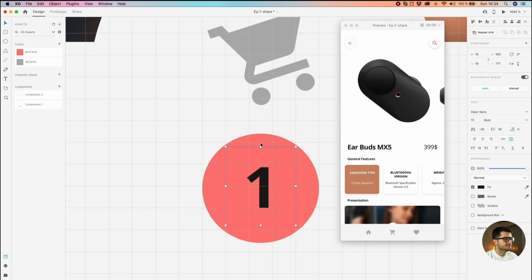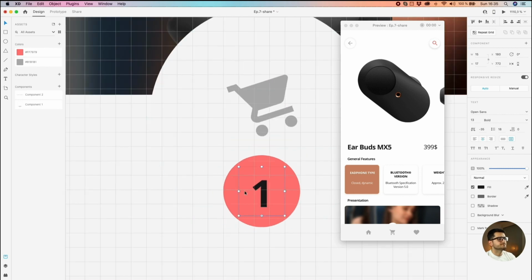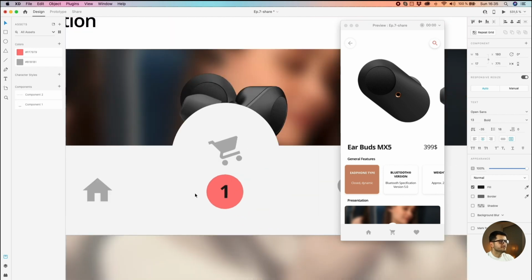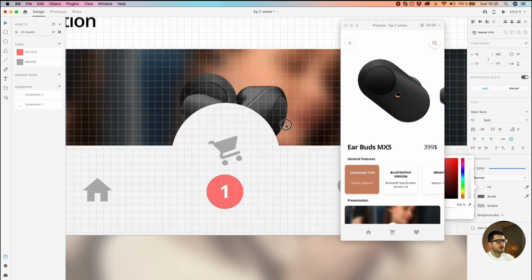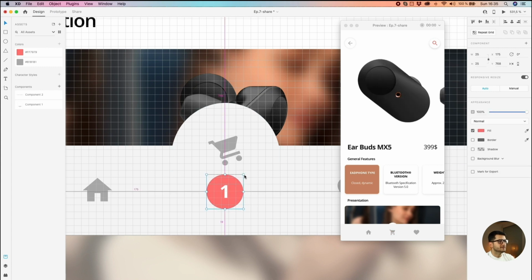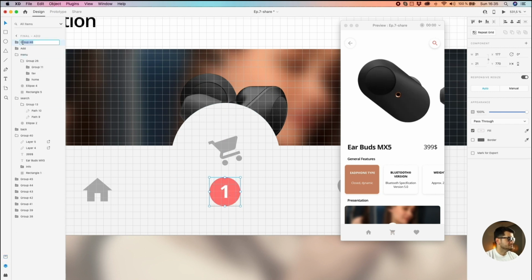To the center. No, it's not working like that. It's like so. Perfect. Let's change the color to white. Now we can decrease the circle, make them as a group, switch to layer, let's name it 1,